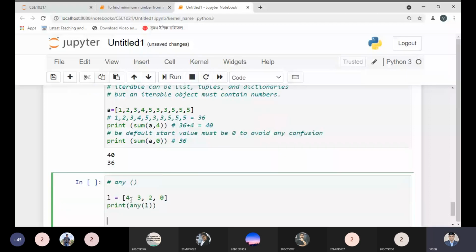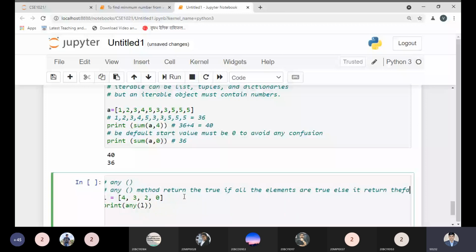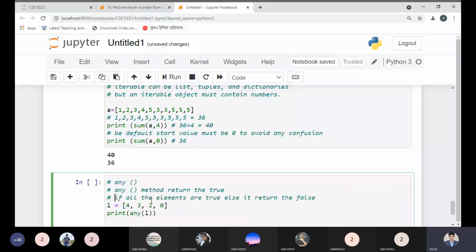What will be printed? Here we have 0, which defines false. The any method returns true if any element is true, else it returns false, just like the all method, if you remember the concept. With all, if any one is false, then it will not return true.